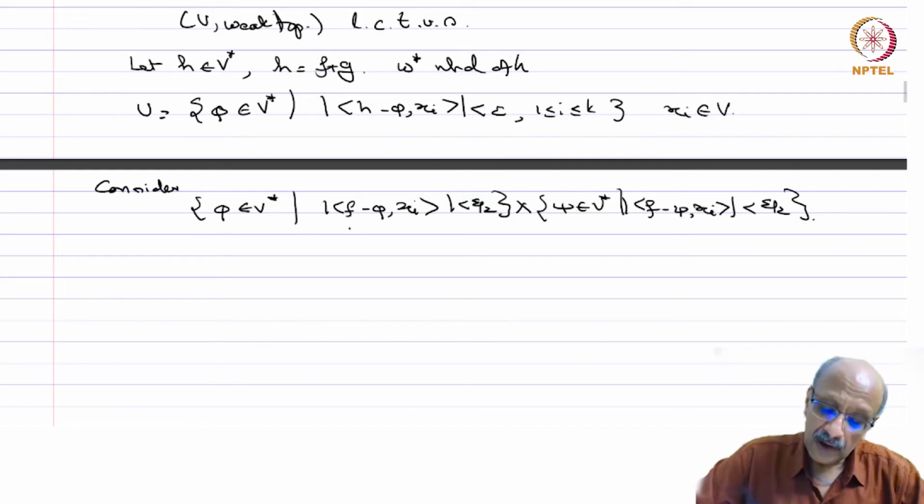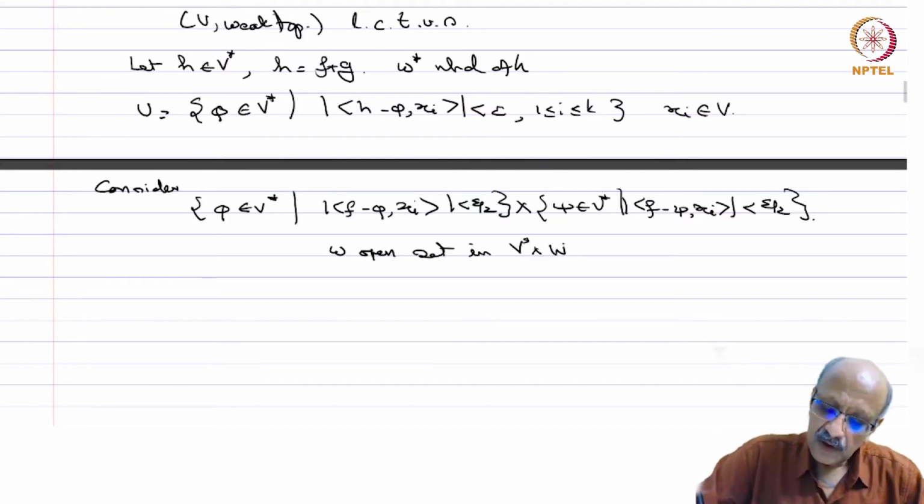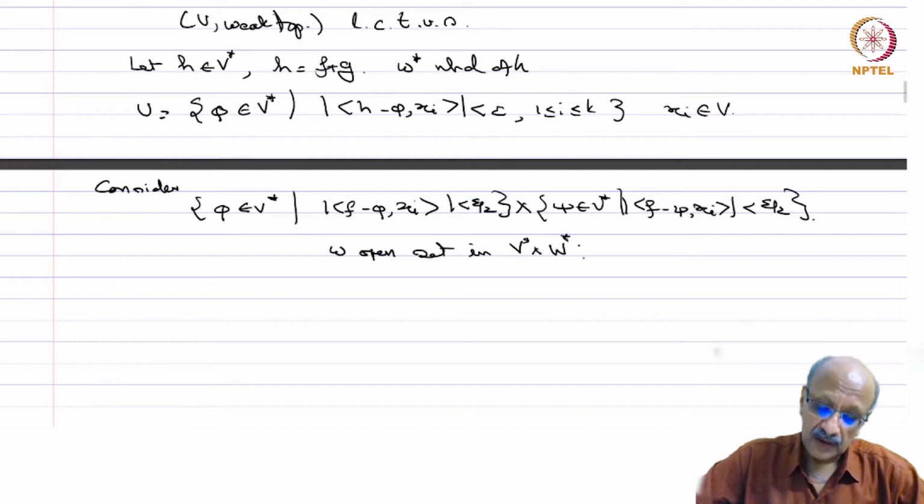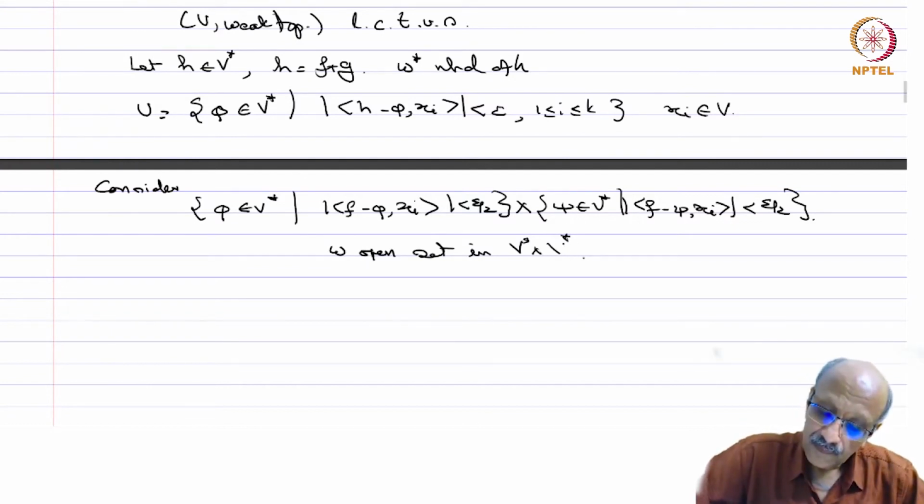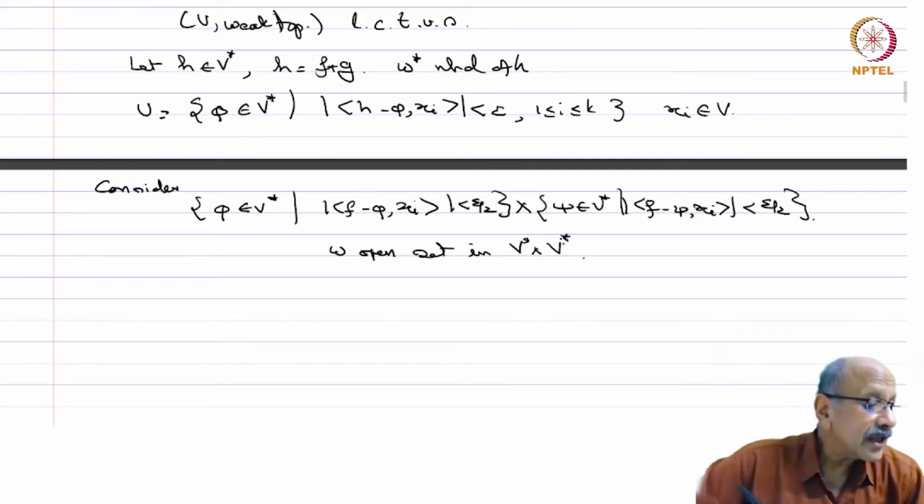So this is a product. So this is a weak open set in V star cross V star, sorry. Okay. So then you have your mod